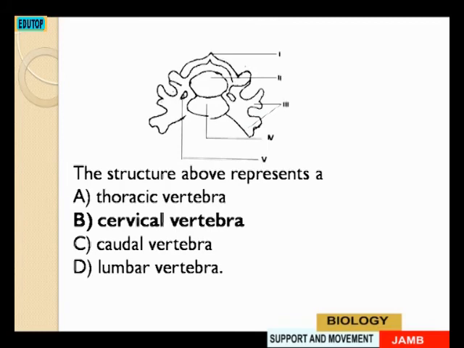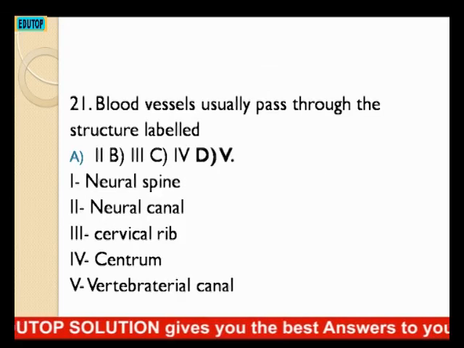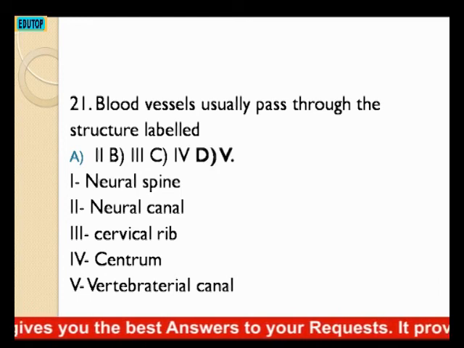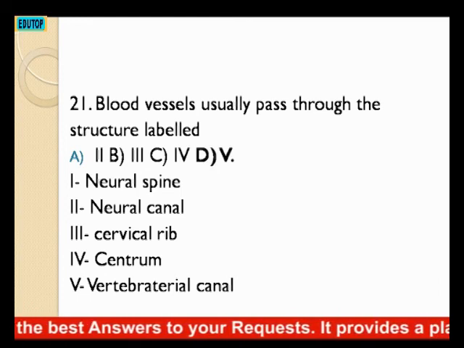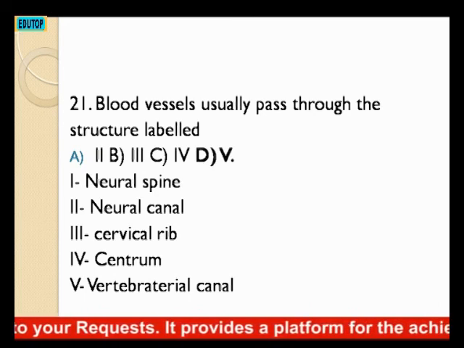Now the second question under that says blood vessels usually pass through the structure labeled, which of those structures? 1, 2, 3, 4 or 5. Which of the places does